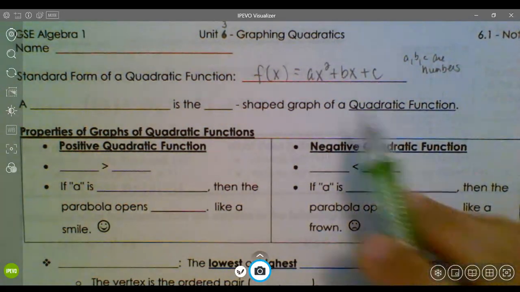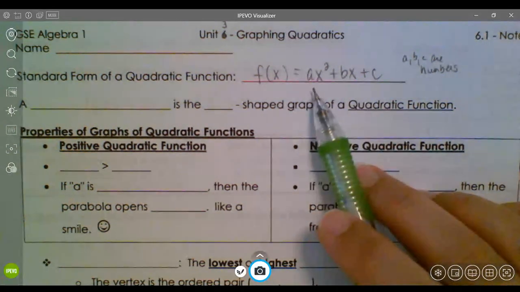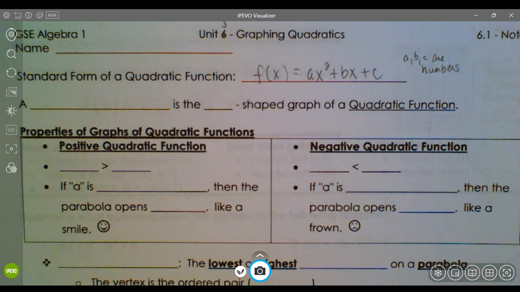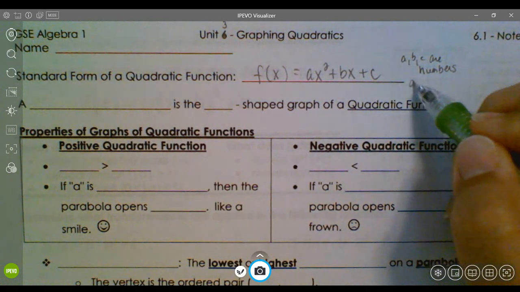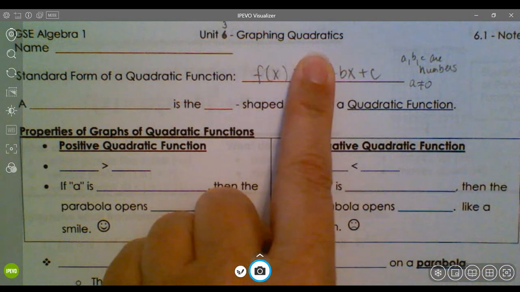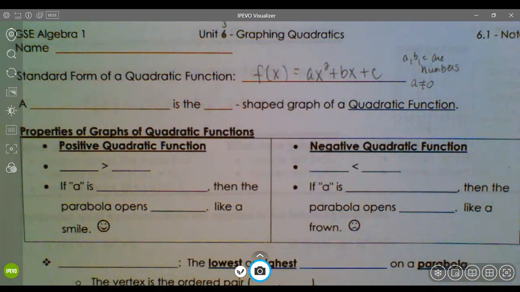Okay, so 3x² + 2x − 5. Negative x² + 7x + 3. It really doesn't matter what the numbers are. The one thing they tell you is a cannot equal 0, because if a equals 0, suddenly that's gone and it's not quadratic anymore. There are two other forms that we'll discuss before this unit is over, but for now we're going to look at